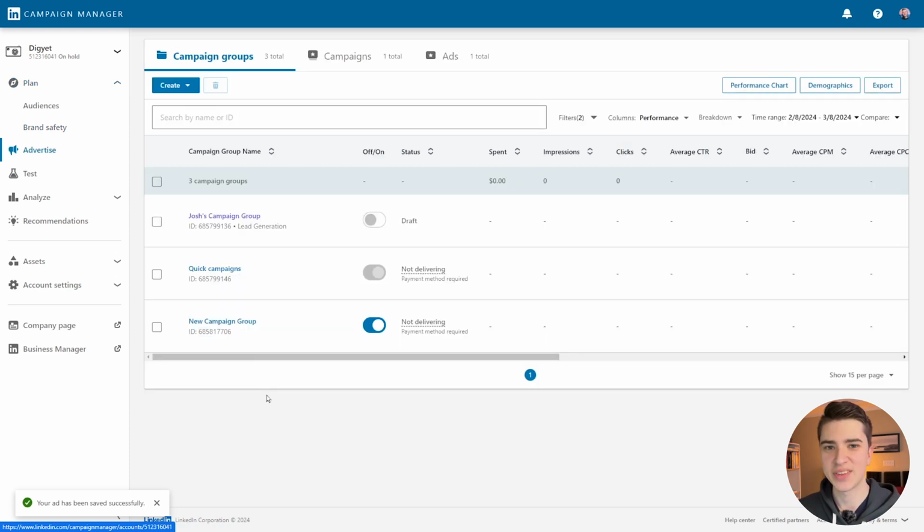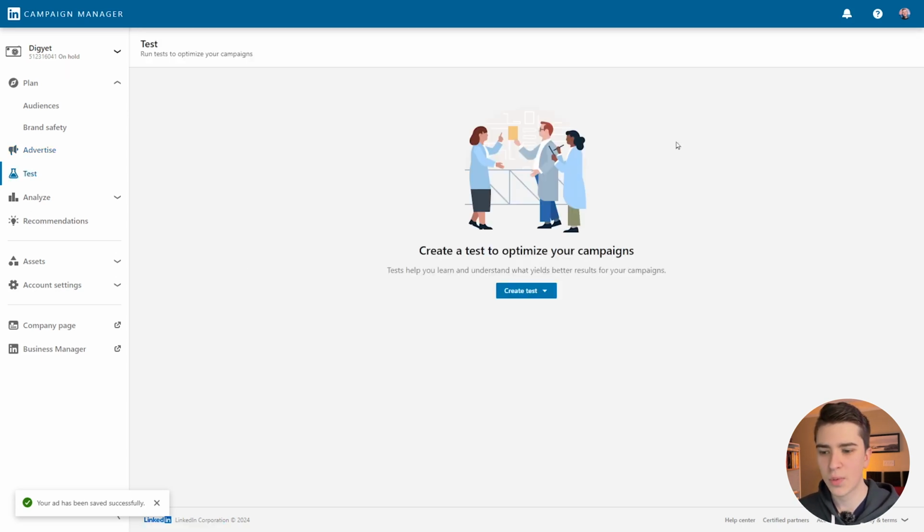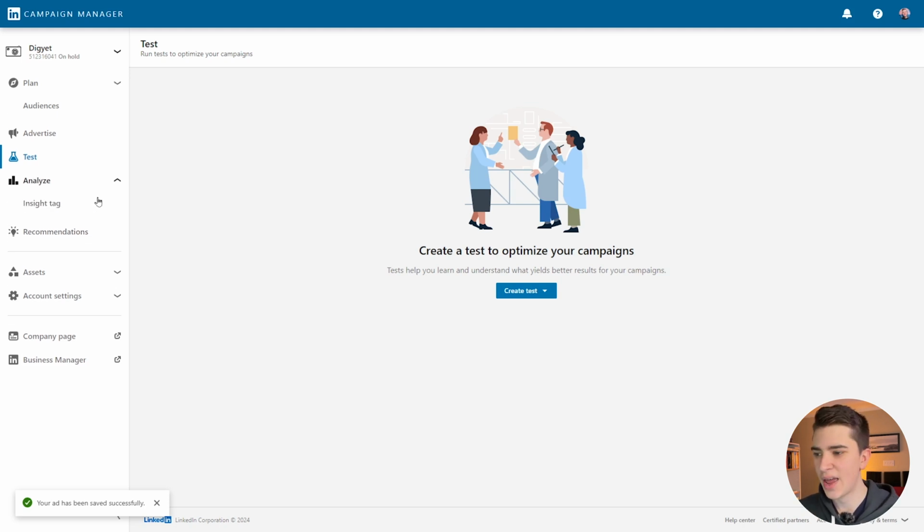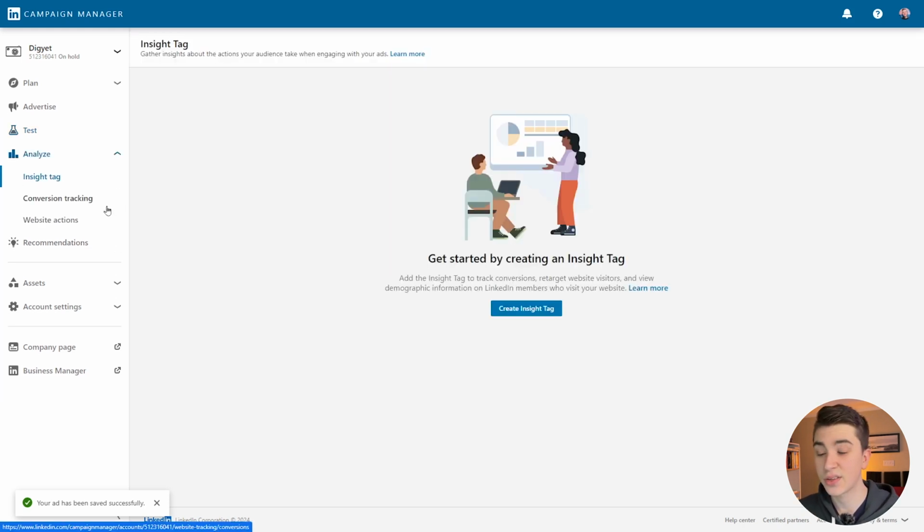The advertisement tab on the side here is pretty much everything that we've shown up until this point. That's where you can get back to your campaign groups, campaigns, and ads. And then if we go down to the test tab here, this is where we can actually create tests to further optimize our campaigns, testing out different things like A and B. Which ad performs better, this version or this version, and seeing which one gets more clicks, etc., based on your particular specifications. Below the test tab is the analyze tab, and under that we can see insight tags, conversion tracking,